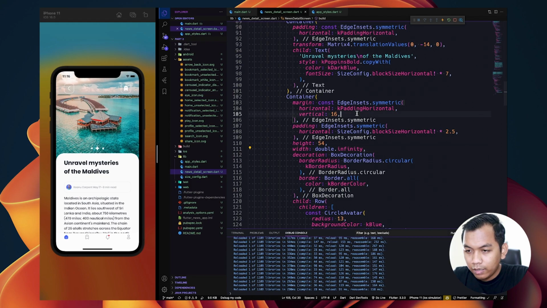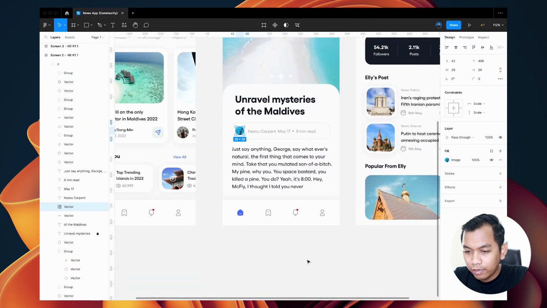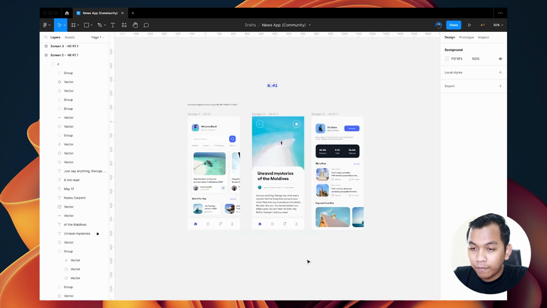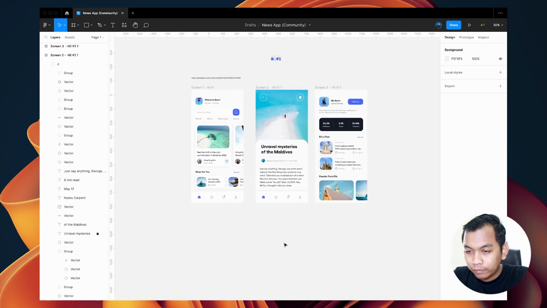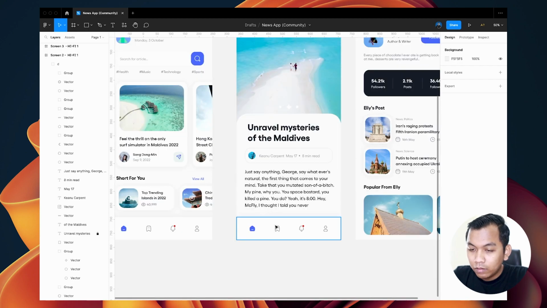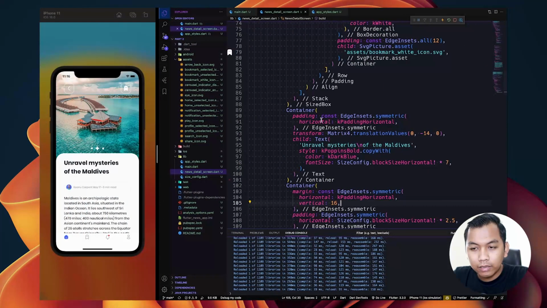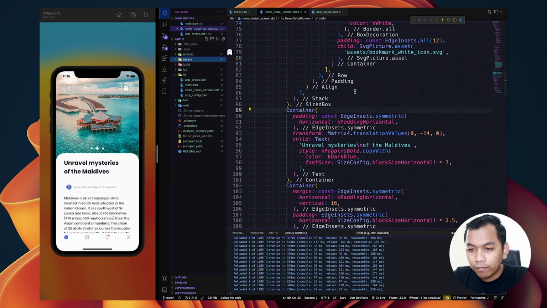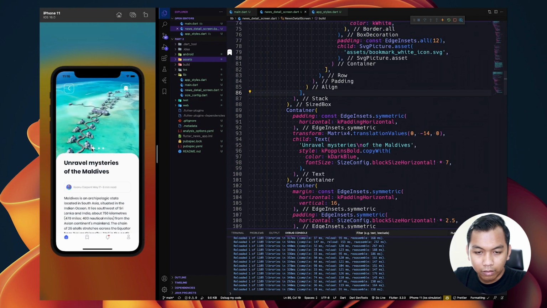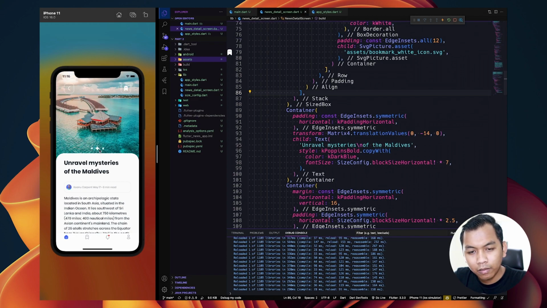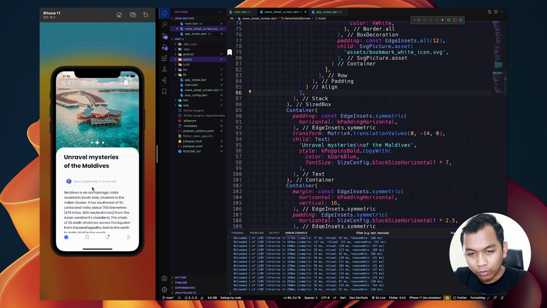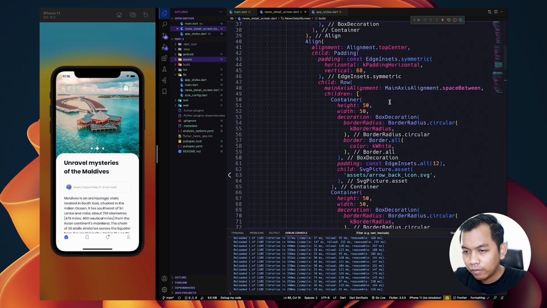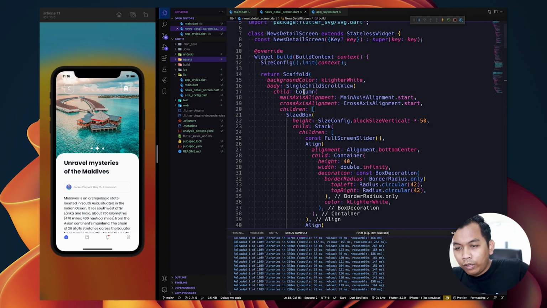All right, so yeah, this is the design, and this is the Flutter app. So yeah, I think it's exactly the same as the design. Here we use a column, and we wrap it using a single child scroll view.